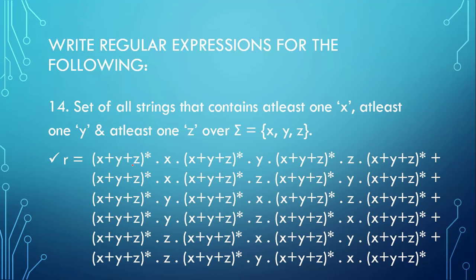Yeah, I know it is very huge, but since it is the combination of X, Y and Z, there are 6 parts in a regular expression where it will be having X, Y, Z as one sequence, X, Z, Y as another sequence, Y, X, Z, Y, Z, X, next is Z, X, Y and finally Z, Y, X. I hope you will be able to write the L of R that will get generated for this regular expression.